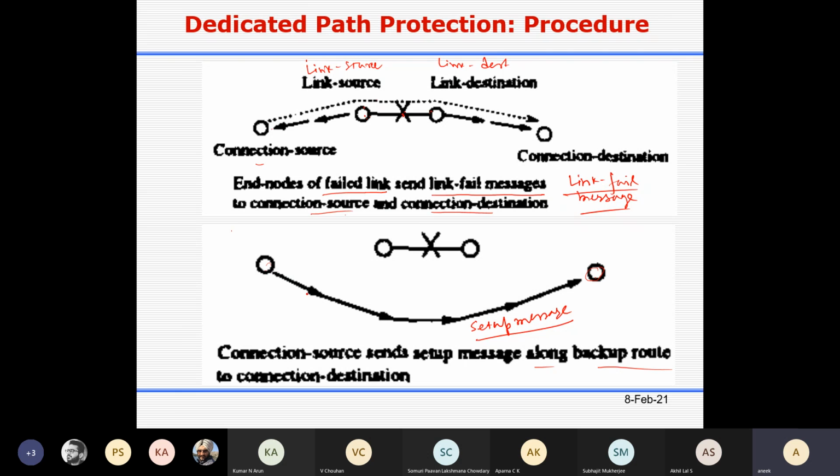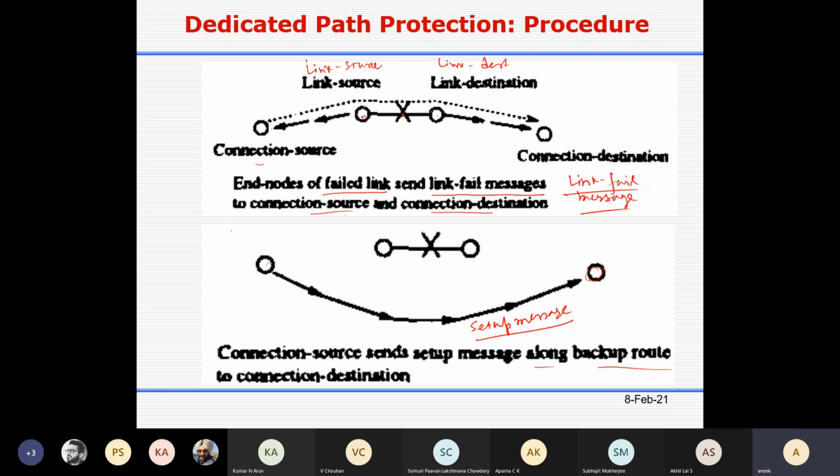Since it is a dedicated protection, these two are the intermediate nodes. There the optical cross connects are already configured in that way, because corresponding to this active path, this should be my backup path.